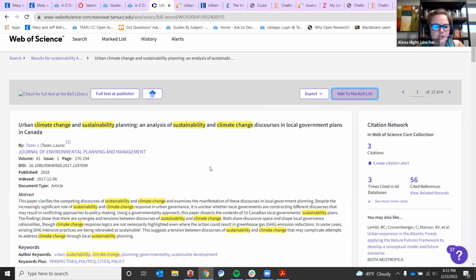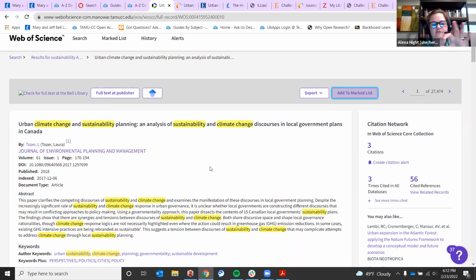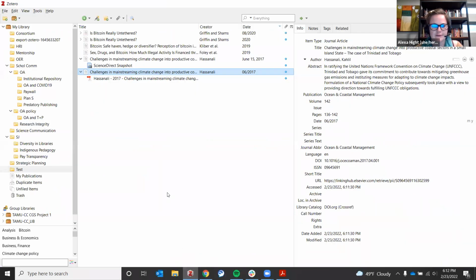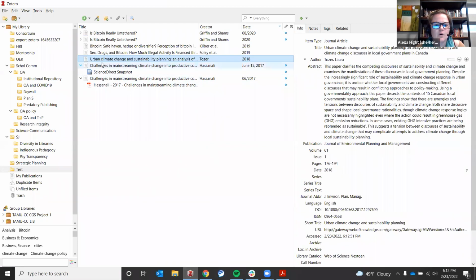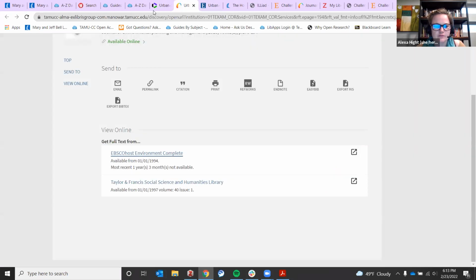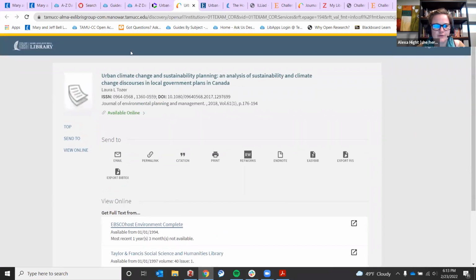So from here, this one, we don't have the full text PDF, but what I can do is save the metadata or the citation information for this article. So what it will do is save it to test, but when I go to my Zotero library, I will only have the citation information, but I don't have that blue dot there. So that's that. Oh, here we go. Okay, so no.